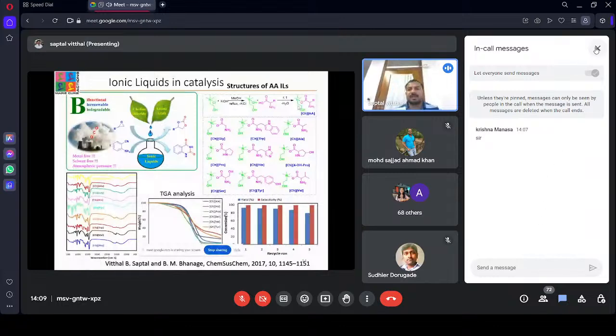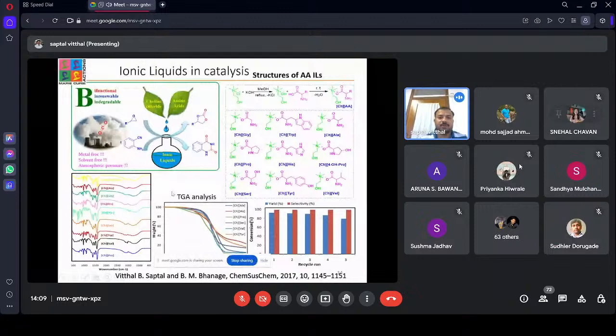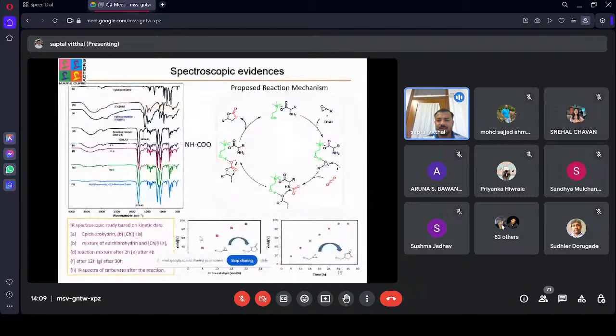ionic liquids, and they are very active for this cyclic carbonate synthesis reaction. We characterized them, and for stability by TG analysis they showed very high stability. And then we also checked the recyclability of the synthesized ionic liquids. We found that they are very recyclable in nature. And then we did spectroscopic characterization, and we found the presence of an amine functional group which can absorb the carbon dioxide molecule and which helps the catalysis or the activation of this